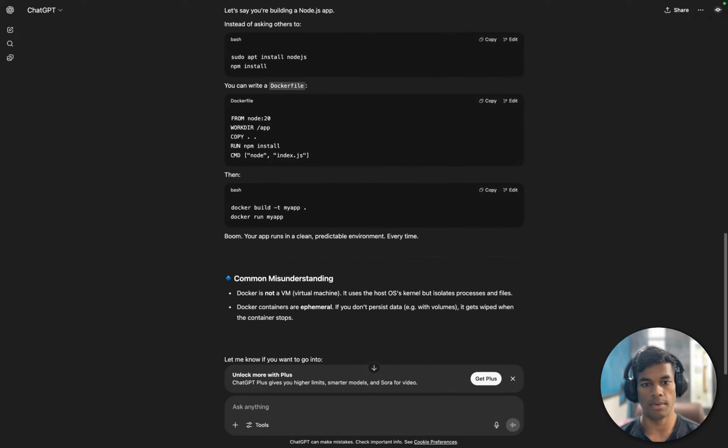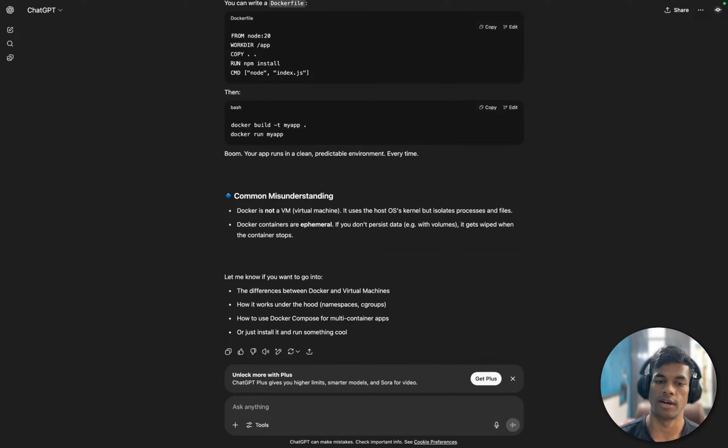Then docker build my app, and then docker run my app. Boom, your app runs in a clean, predictable environment every time. Okay, I am trying to look at it from an abstracted point of view.